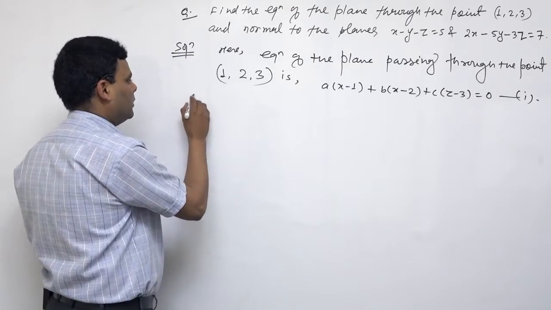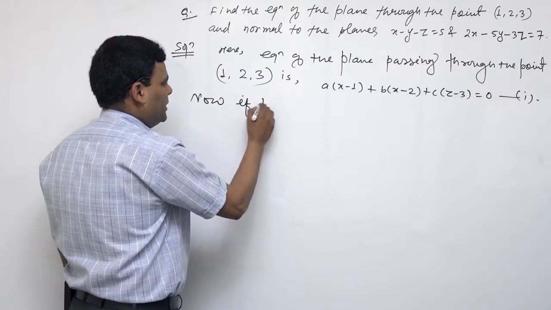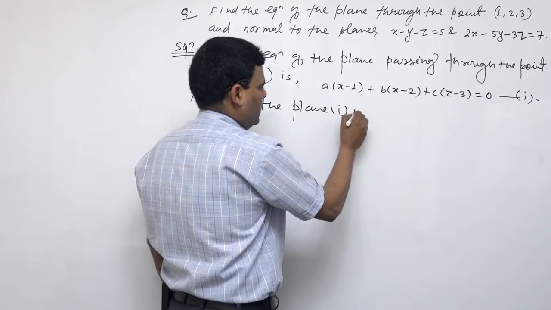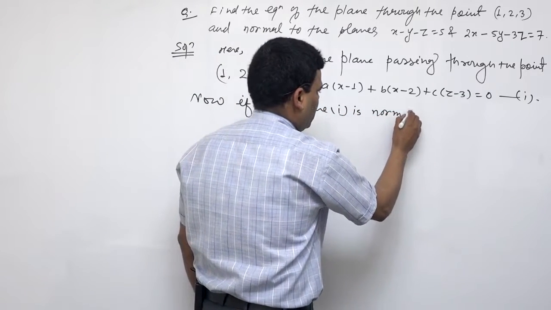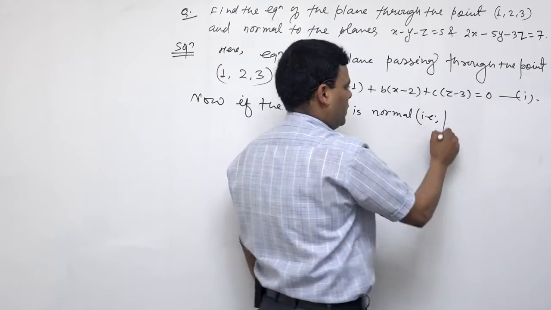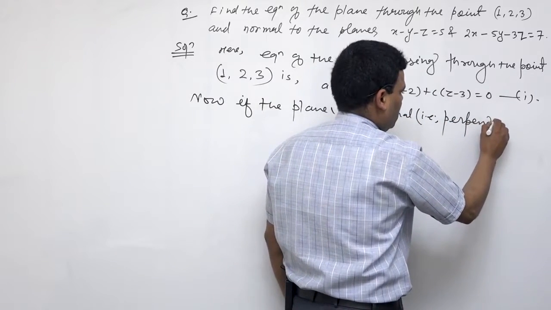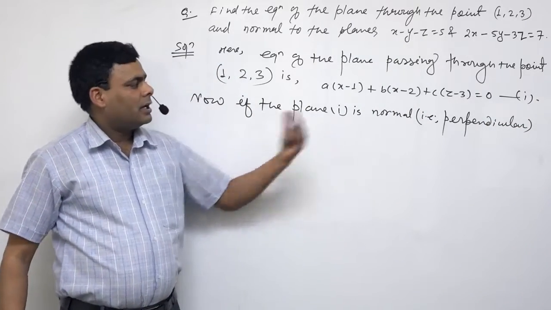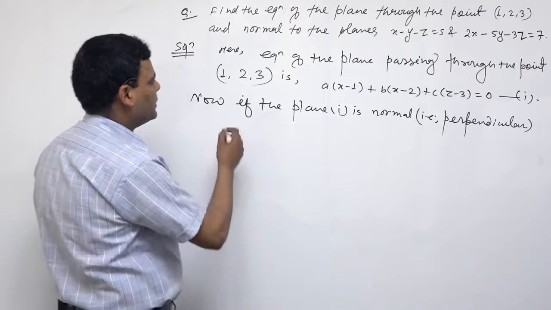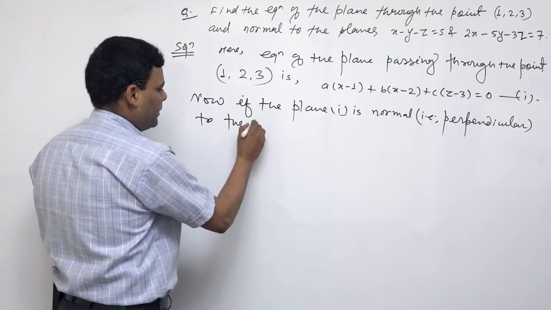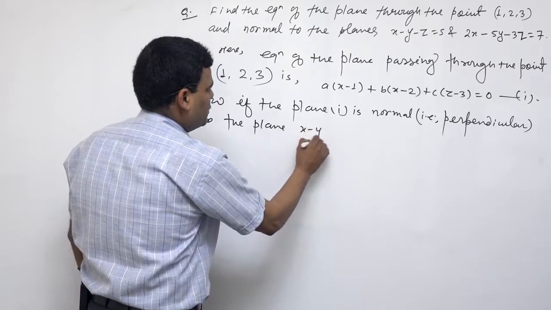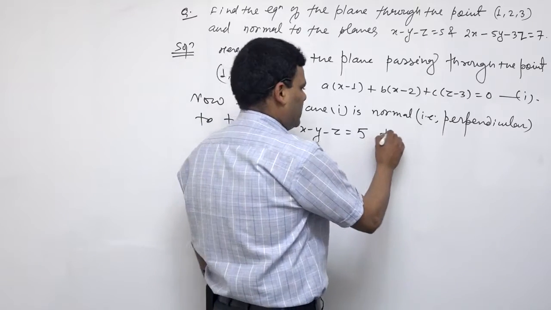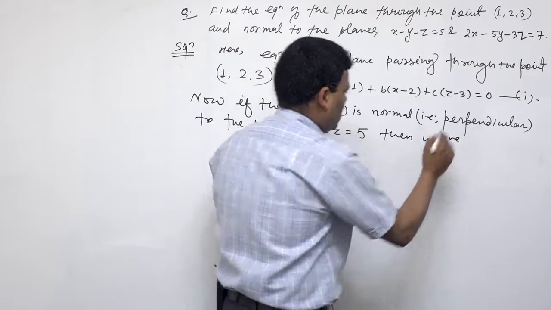Now, if the plane 1 is normal, that is perpendicular, to the plane x minus y minus z equals 5, then we have